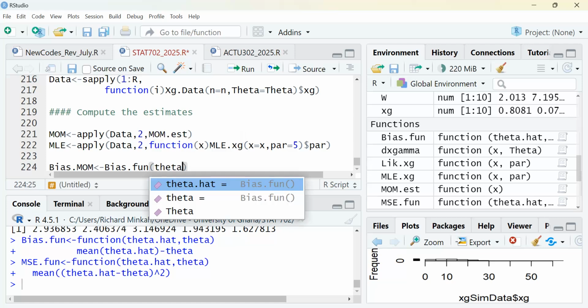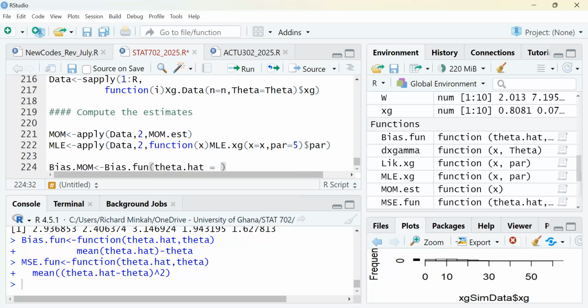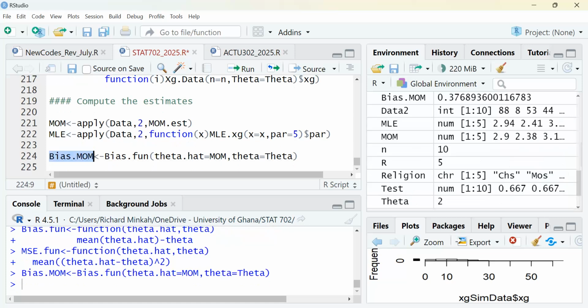Theta hat is equal to this mom, right? And then theta will be equal to the theta we started with, because each of these was an estimate of theta. Yeah, so we do this, and that gives us